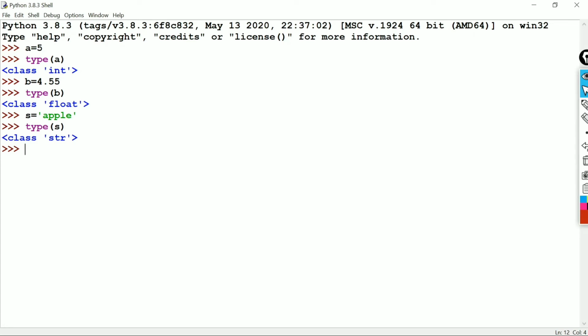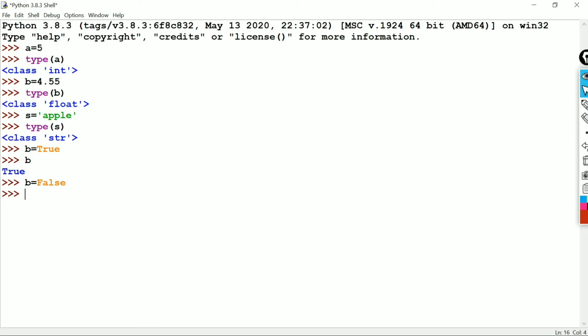Let's try to create boolean data. B equal to True. We call B, it will give True. Here, in the spelling of True, the T is capital, and in False, B equal to False, the F is capital.